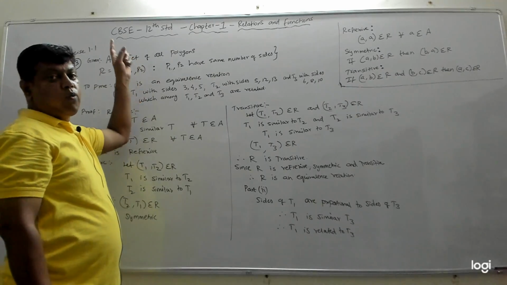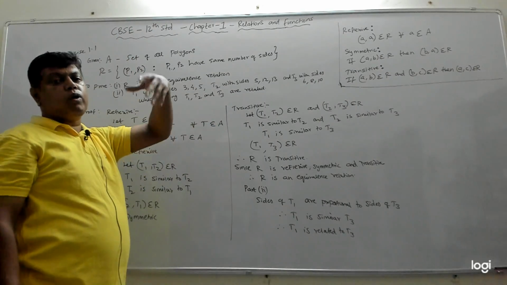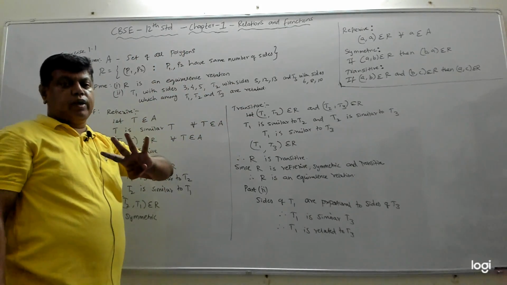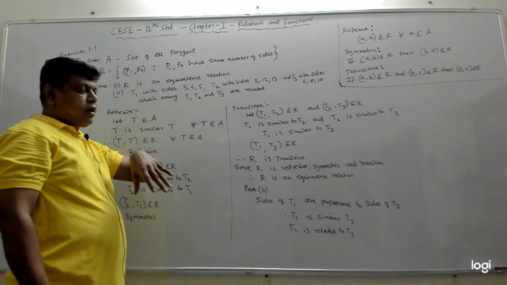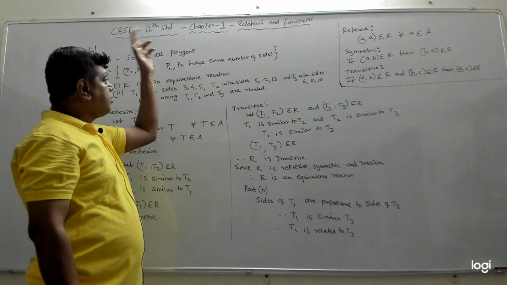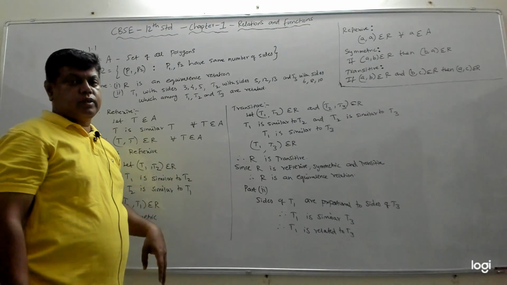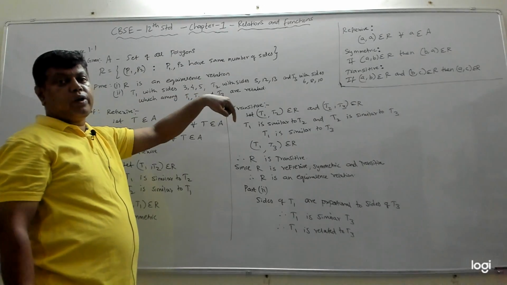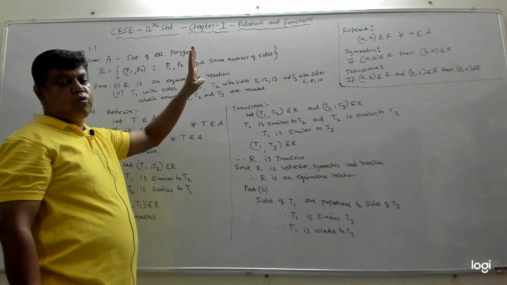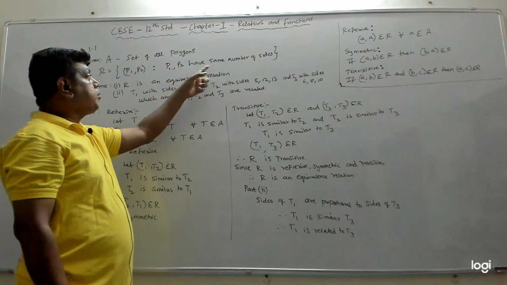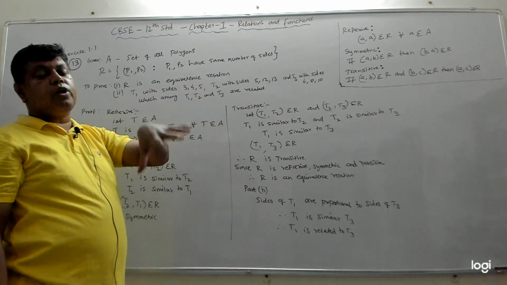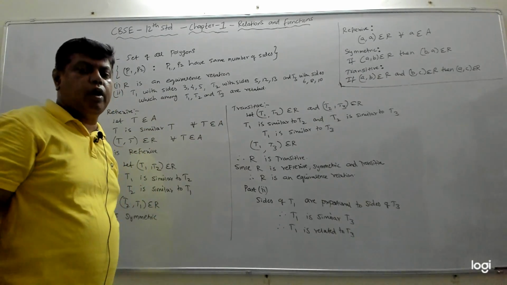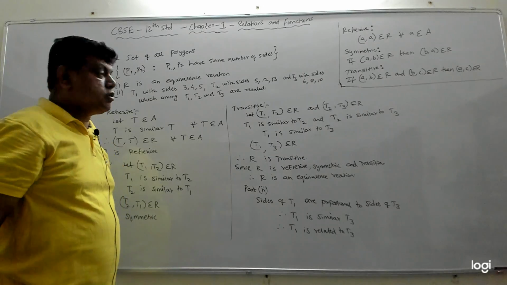one quadrilateral is related to another quadrilateral, or one quadrilateral is related to rectangle, because rectangle also has four sides, quadrilaterals also have four sides. Even a rectangle is also a quadrilateral, right? So similarly, pentagons will be related to all pentagons, right? Similarly, hexagons will be related to all hexagons. A quadrilateral cannot be related to a triangle because quadrilateral has four sides, triangle has three sides. So the number of sides are not same. Therefore, a quadrilateral is not related to a triangle, whereas a triangle is related to any other triangle. A quadrilateral is related to any other quadrilateral. Pentagon is related to any other pentagon. So that's how the relation is.